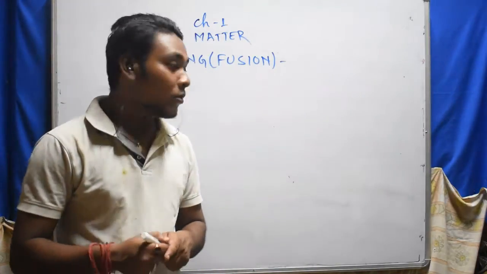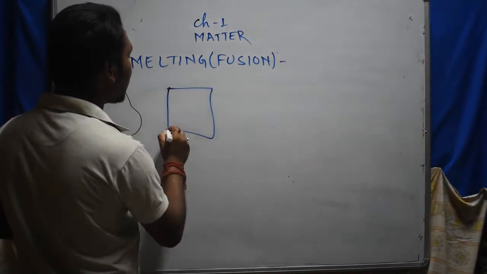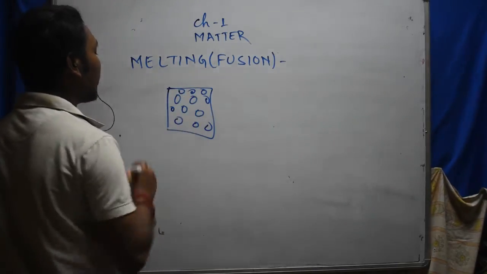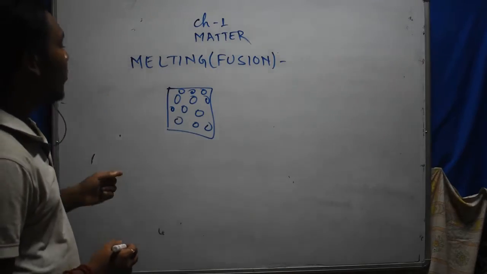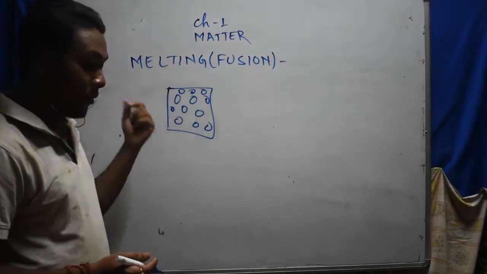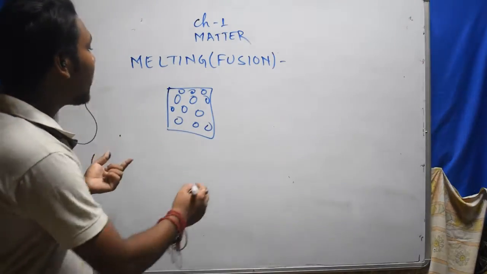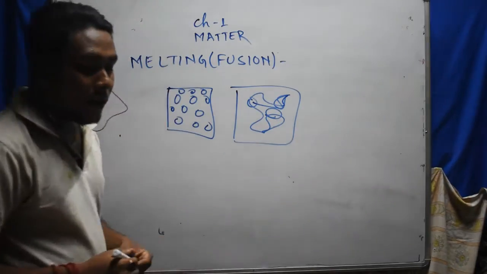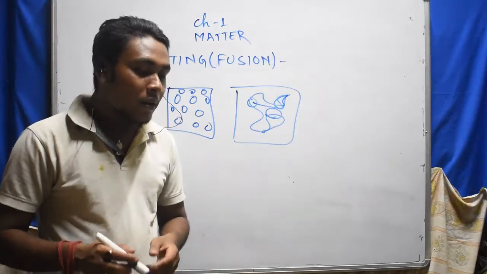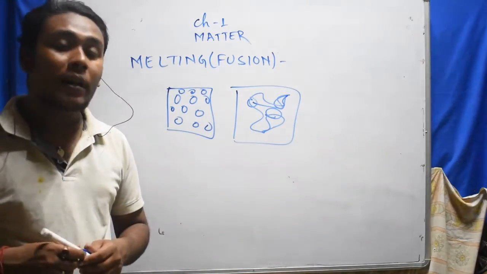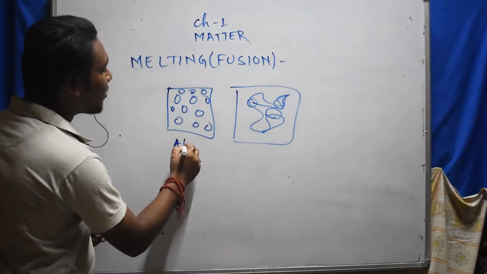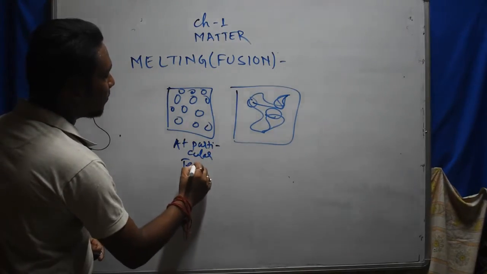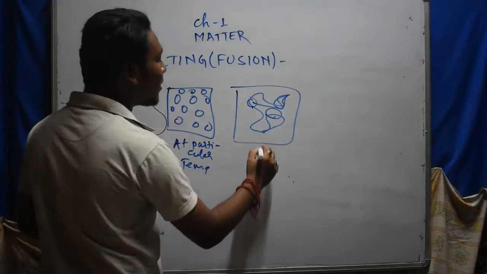Okay, so suppose these are the subatomic particles of an ice cube. What happens to the solid? When it is heated, the particles move very fast from here and there, and the particles begin to vibrate with a greater speed and begin to move freely than at a particular temperature. At a particular temperature, it remains like this, but as soon as it is heated, after heating,